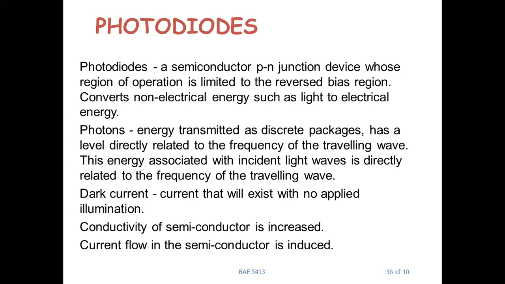But now the technology has improved, so they don't use such a big stabilizer. TVs already have an inbuilt adapter. In that they use a small stabilizer or regulator system for voltage fluctuation and so on. So we'll discuss what a photodiode is and how it operates in this class. Just a minute.